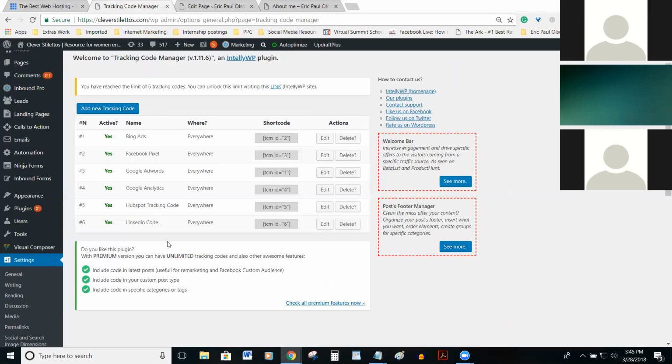You can have up to 5 free ones, or I guess 6 free ones. And honestly, 6 is quite a lot because if you're looking at this, it's Bing, Facebook, Google, HubSpot, LinkedIn. I mean, there's not too many more left. And the best thing is, like I was showing the Facebook pixel code, you literally just install it right in here, or your Google Analytics or whatever you might need. The most important codes you want always on your website are going to be the Facebook pixel and the Google AdWords code